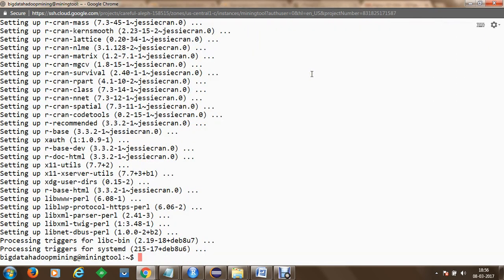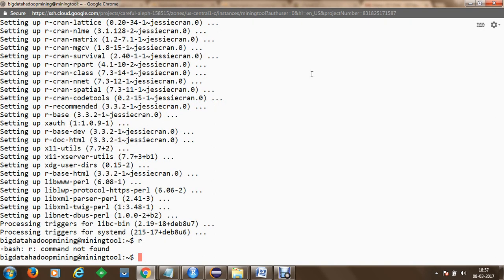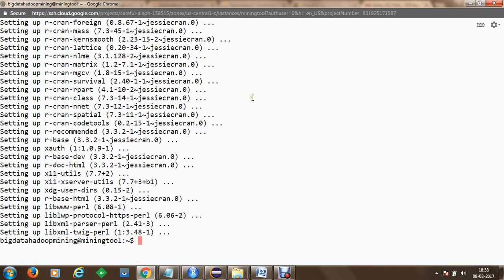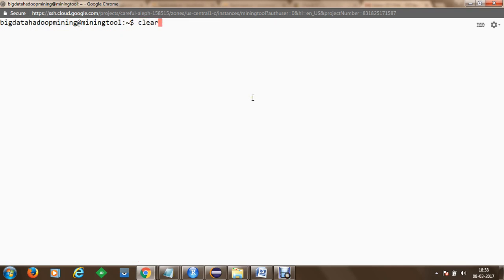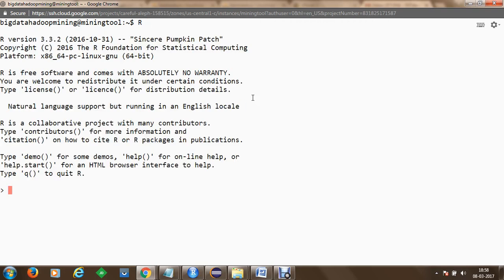Once you are done with installation, you can simply proceed to execution of R. At the moment, to start R, let's clear the screen first, and once we are done with clearing the screen, we can execute R by simply specifying command R in upper case. Once we press enter, you can see that we reach the platform of R project.